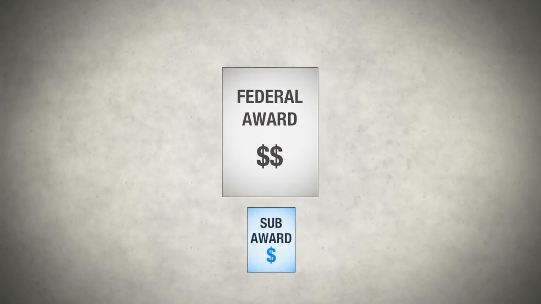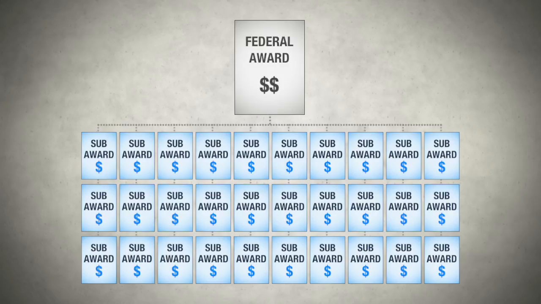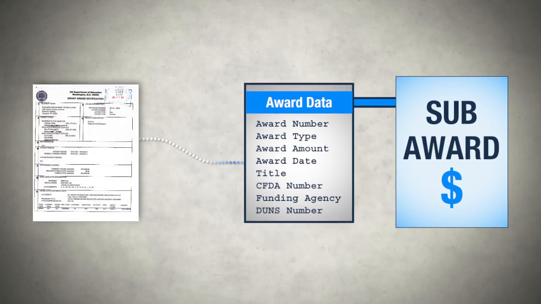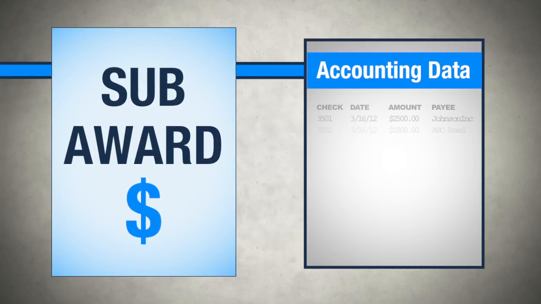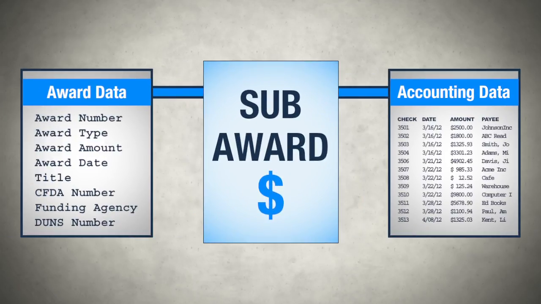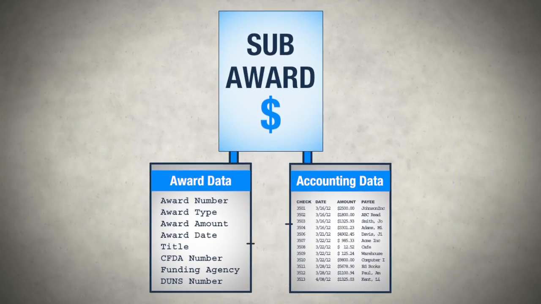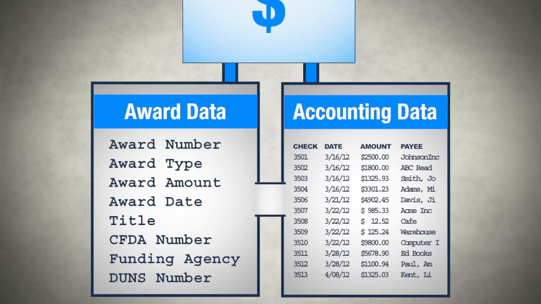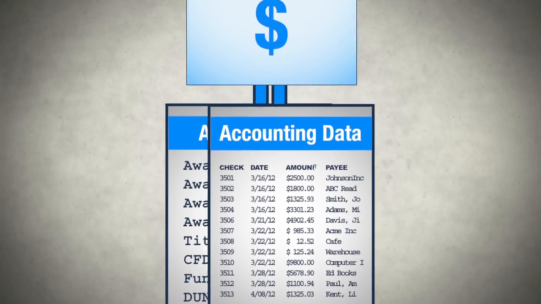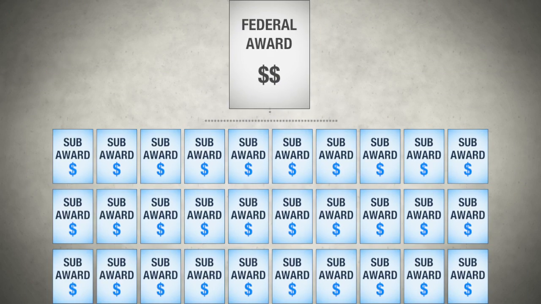For each federal award and subaward, there is an individual record stored in Parrascope. Within each record is static award data, which is pre-populated using information from the funding agency, and detailed accounting data, imported from the recipient software system. The burden of federal reporting is directly caused by the difficulty of combining these two critical data sets and then compiling them into advanced file formats, such as XBRL. Parrascope solves this problem for its users.